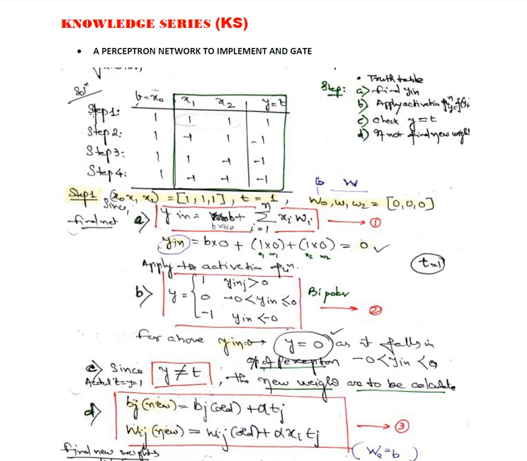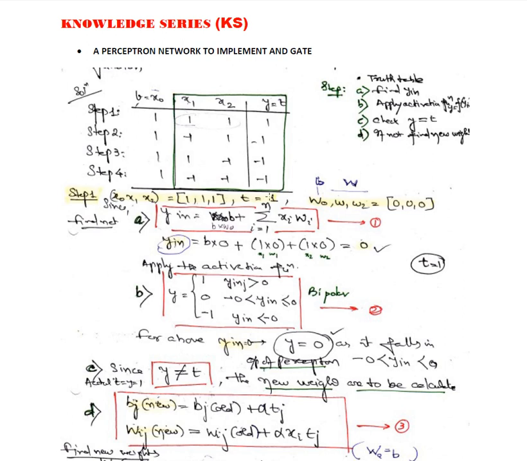So this is step 1, or you can say stage 1, stage 2, stage 3, stage 4. Here we are taking the first stage, where we are taking 1, 1, 1, 1. Let us take these conditions. Now in these conditions, what are we going to find out? Y in. What is our input? X0, X1, X2, this is 1, 1, 1. And what is our target here? We are looking for target 1, because for this input our output should be 1.